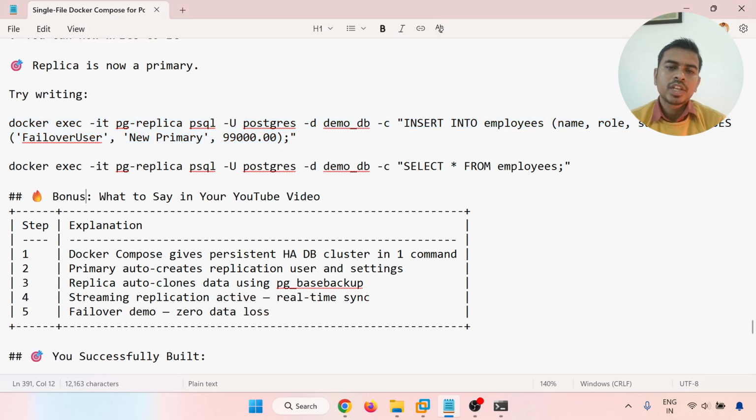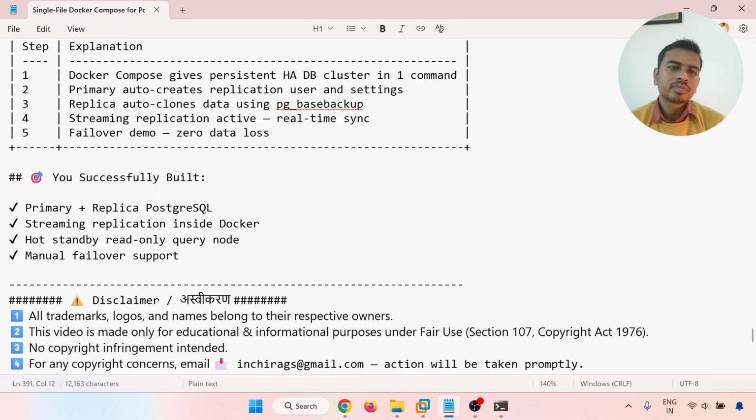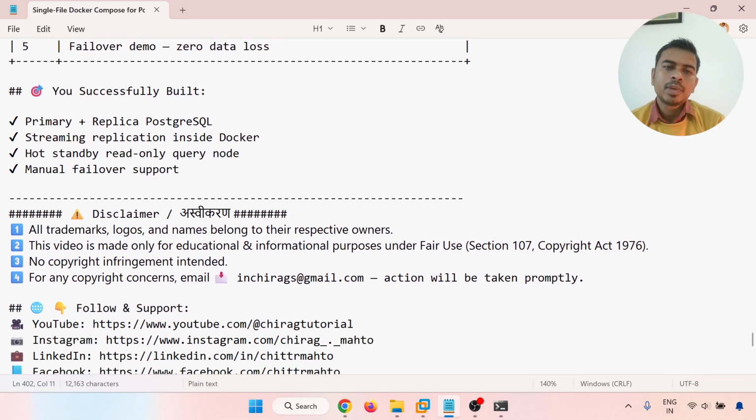So bonus, what you can say in your YouTube video. Step explanation: Docker Compose gives a persistent HA DB cluster in one command. Primary auto creates the replica user and settings. Replica auto clones data using pg_basebackup. Streaming replication is active with real-time sync. Where we have seen this for the failover demo, zero data loss. So you have successfully built primary replica PostgreSQL streaming replication inside Docker, hot standby and read-only query node, and